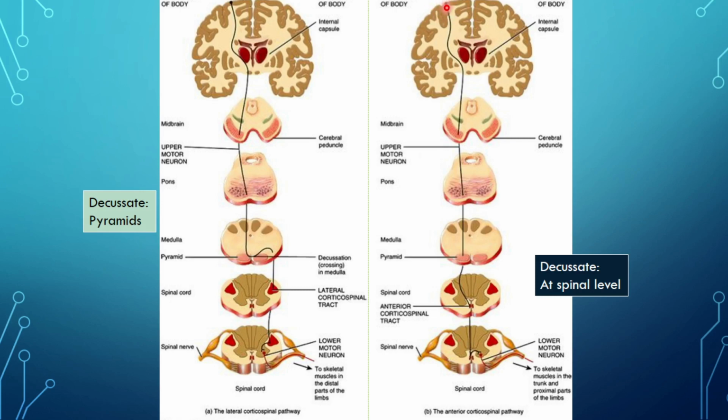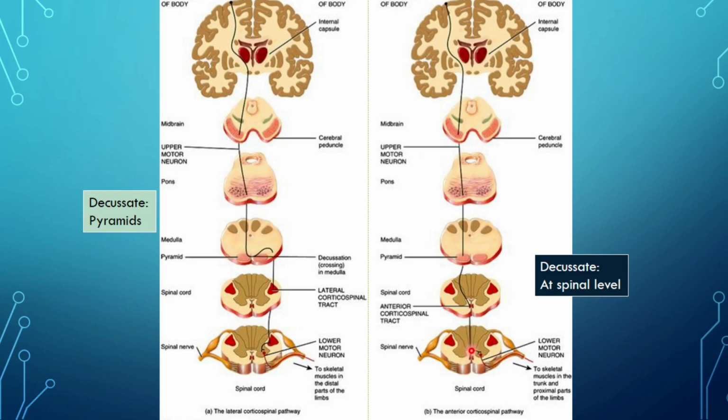The impulse starts, it runs down the axon, through the corona radiata, through the posterior limb of the internal capsule, through the crus cerebri of the midbrain, through the pons, straight through the ipsilateral pyramid, stays ipsilateral, and this time, instead of running in the lateral corticospinal tract, it runs more anteriorly in the spinal cord on the ipsilateral side in what we call the anterior corticospinal tract, all the way down to the spinal level of T1,